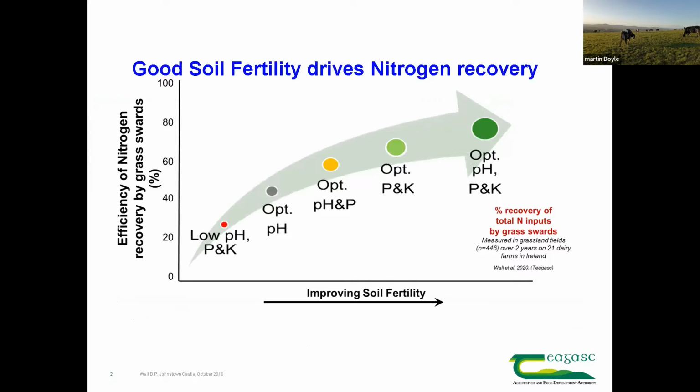So this is a slide that, say, David Wall helped put together, and we can see on the y-axis over here, it's based on the return, or the amount of return on, if we put out 100 kilograms of nitrogen, the return we're finding from those 100 kilograms of nitrogen. On the x-axis, we have it if we improve soil fertility. So what's really telling us is that if we start with a soil that's low for phosphorus, low for pH, and low for K,